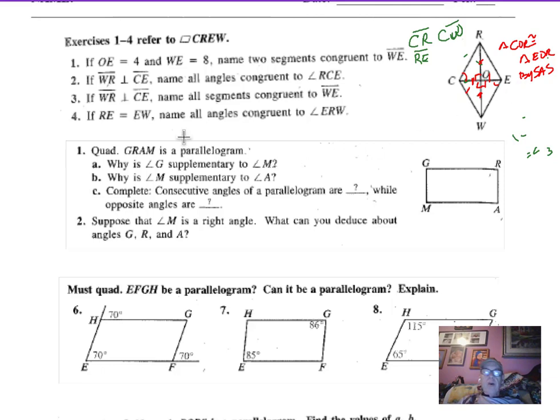So we have angle RCE is congruent to angle REC, and that's also congruent to angle WCE, and that's also congruent to angle